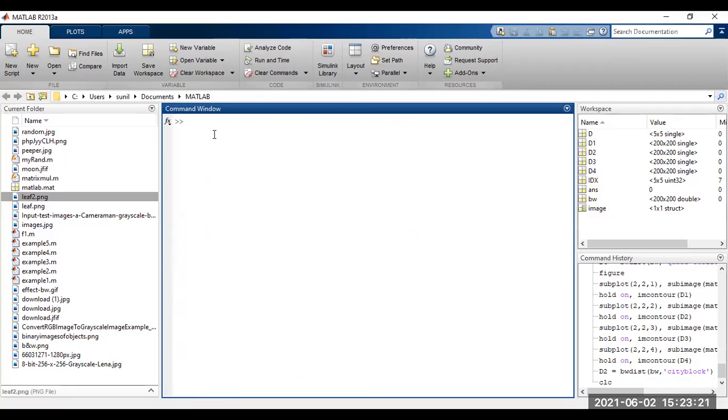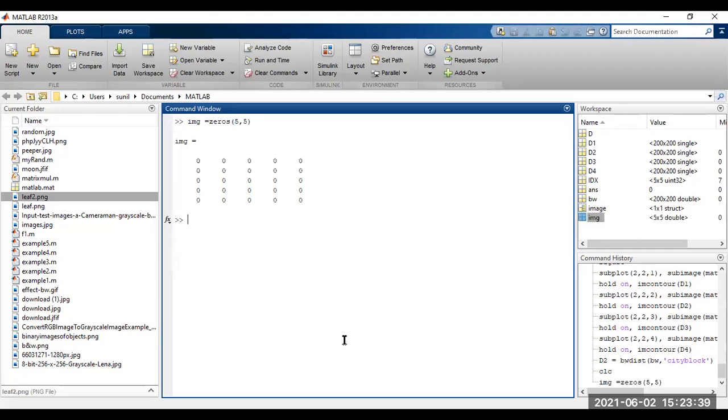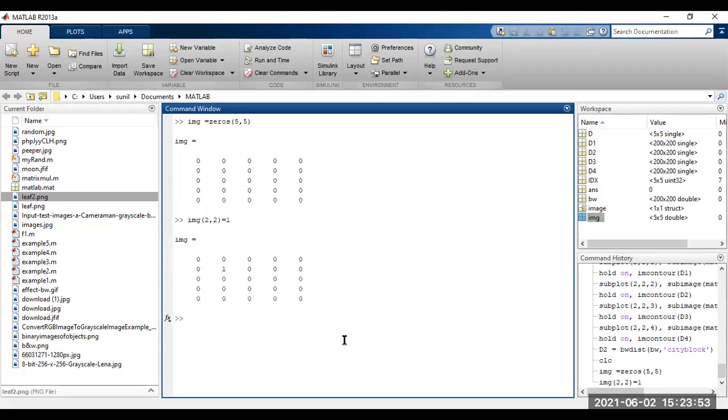Suppose we create a max image, rows of 5, 5. It will assign 1 to the